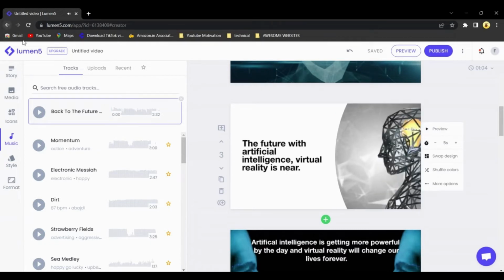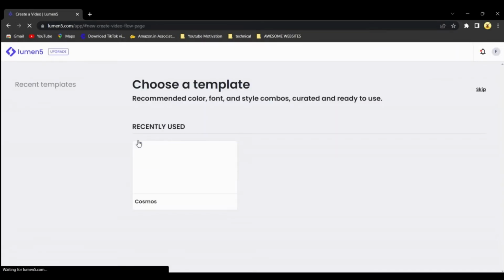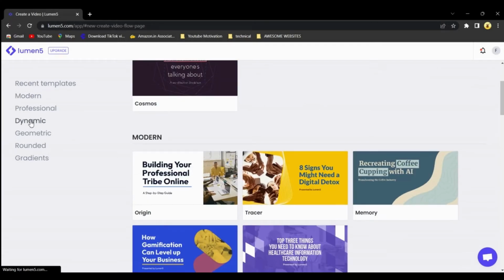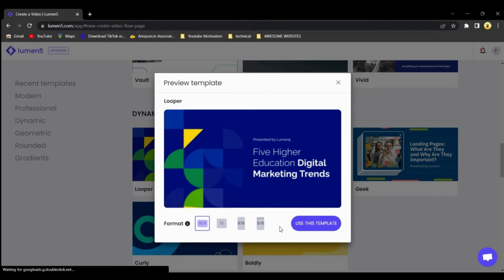In order to create the video, I have to click on the plus sign and I have to choose a template. On the left hand side, it is showing the categories of the template. You can choose a template as per your choice, and you can choose the video format like 1:1 or 16:9,